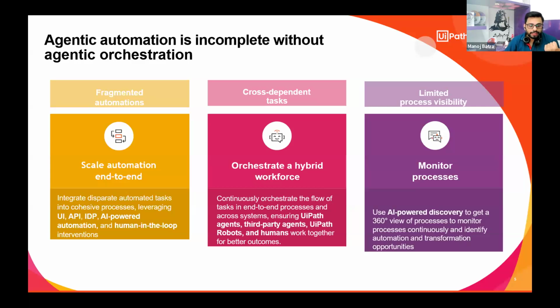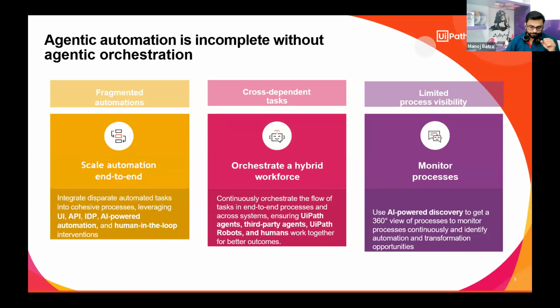First thing here is it scales automation end to end, and you already know that today many of us automate small pieces of work. We got a process, we work on that, we build some automation, we got another process, we build on that, then we got a third process, a fourth process, something like that. But the real business outcome happens when you connect the whole journey. Maybe in your journey there are 10 processes. If you're working for a big enterprise, you might have hundreds or thousands of processes, which actually create a whole journey.